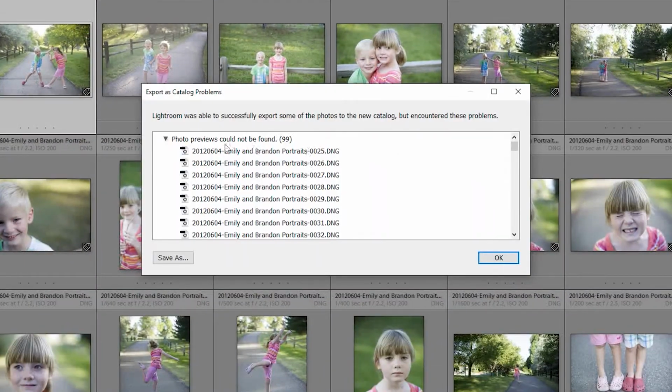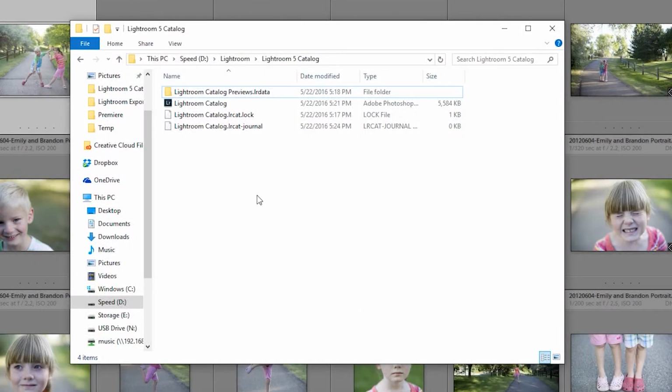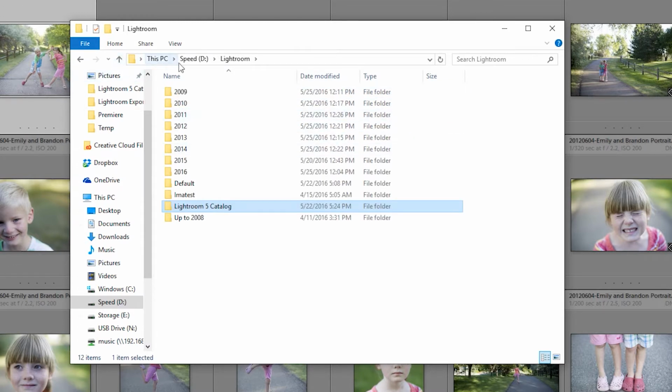And as you can see, it actually couldn't find previews for like 99 of the photos from 124 in that previous folder, so it's an okay thing. So let's now take a look at what we have here. The process is almost complete, and as soon as it's done, we're going to go back to our D drive